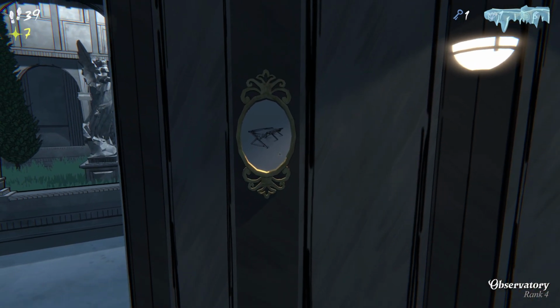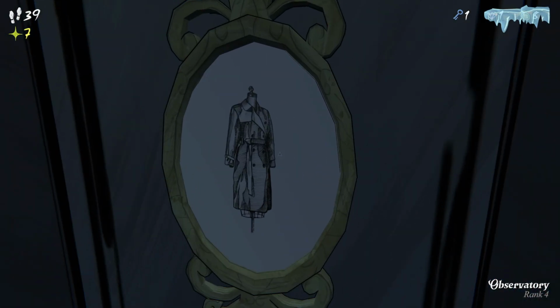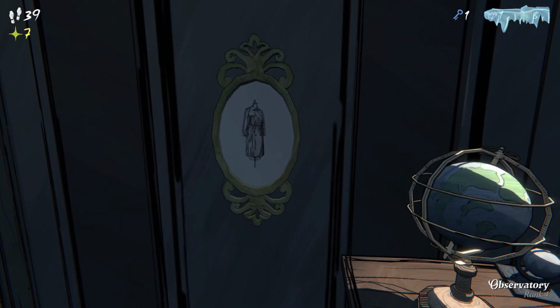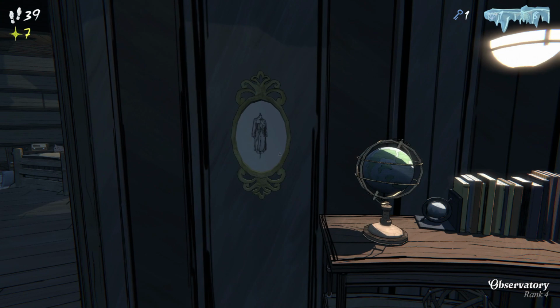I mean, that's a cot. And that's a trench coat. Oh, wait. Paintings come in doubles, right? So that's what it is. It's these drawings. That's a cot and that's a coat. Okay, I got another one. All right, so coat and cot,